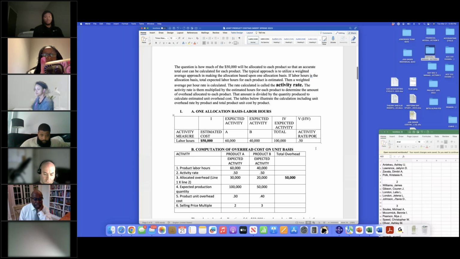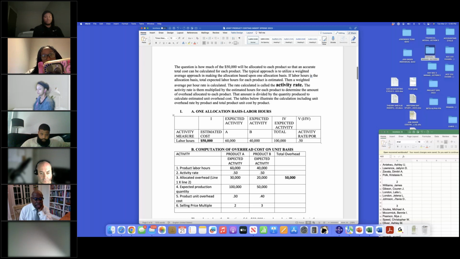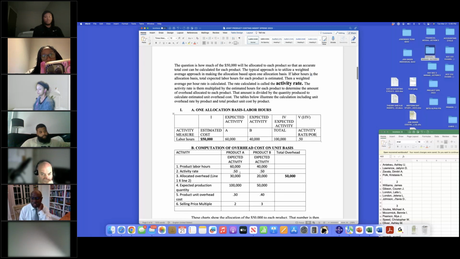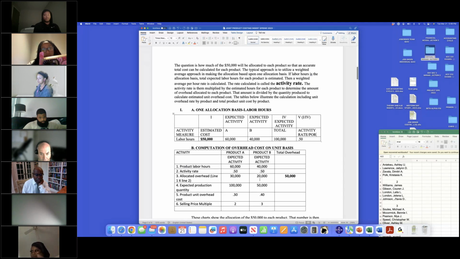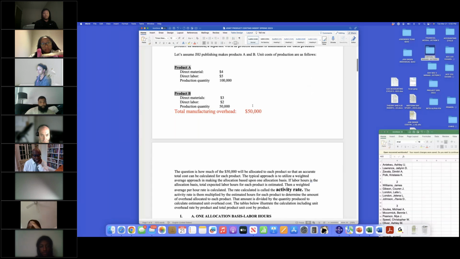So with that activity rate, we come back and bring down our hours, 60,000 for A, 40,000 for B. We multiply the 60,000 by 50 cents, the activity rate, and we end up allocating 30,000 of the overhead to product A, and with a similar process, 20,000 to product B. We come back to those expected production quantities, 100,000 and 50,000. If you remember, we're making 100,000 of A and 50,000 of B. We divide that allocated overhead